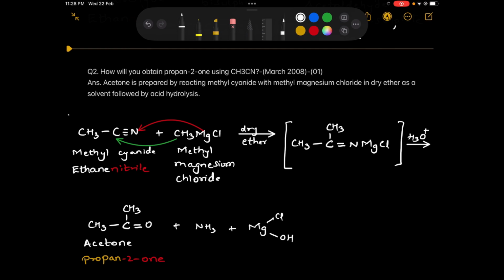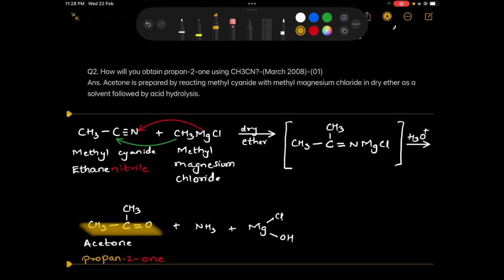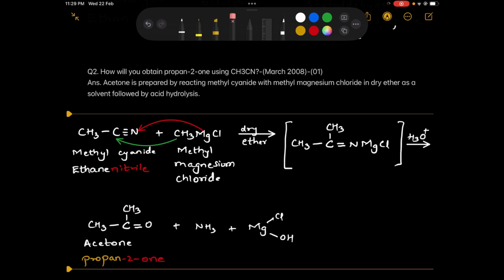How will you obtain propan-2-one using CH3CN? Now propan-2-one is nothing but acetone, and the structure of acetone has 3 carbon atoms. Methyl cyanide, whereas, has only 2 carbon atoms. This clearly indicates that we should be using a Grignard reagent to increase the number of carbon atoms, and which